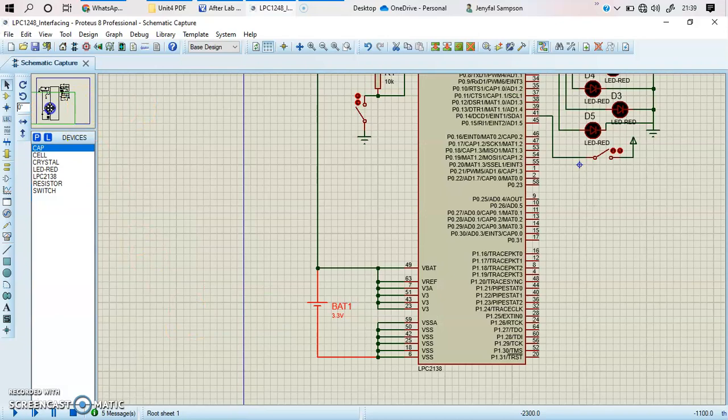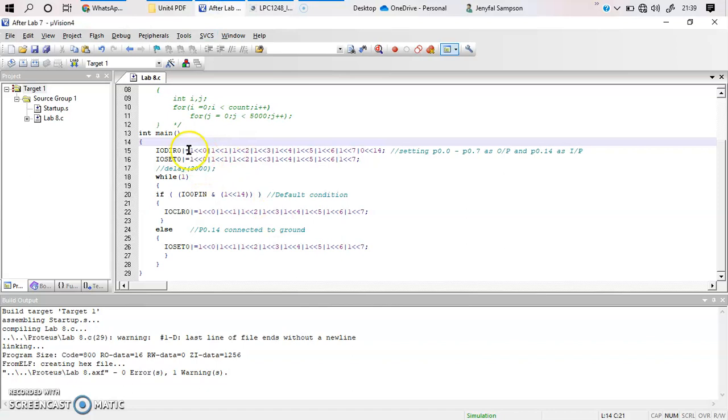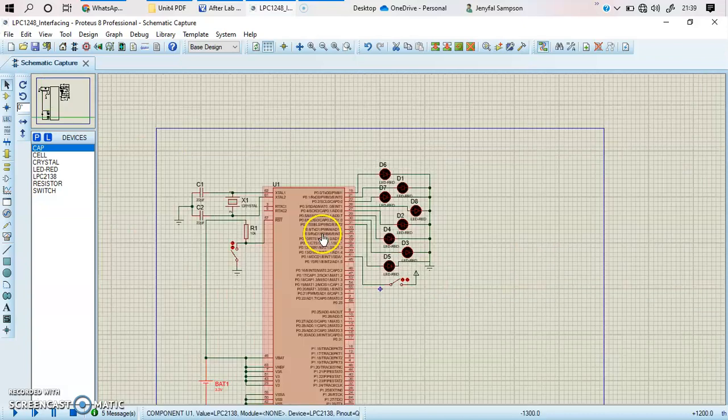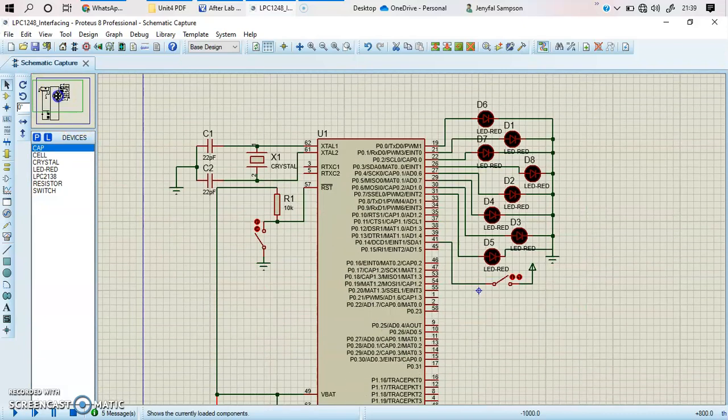Next, you need to come to our program. According to our program, I hope you remember that we have declared 8 different LEDs that are outputs and one switch as input. You can see that from pin number 0 to pin number 7, you have all the pins connected to LEDs, and that is nothing but P0.0 to P0.7. When you place this microcontroller over here, you can see the different pins starting from P0.0 all the way to P0.31. All these 32 pins are available for port 0.